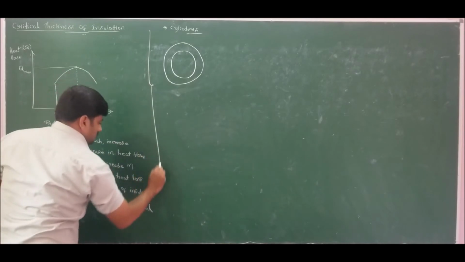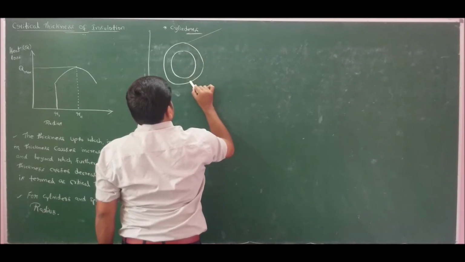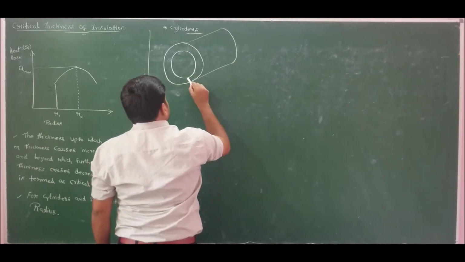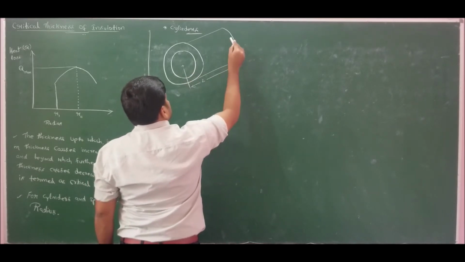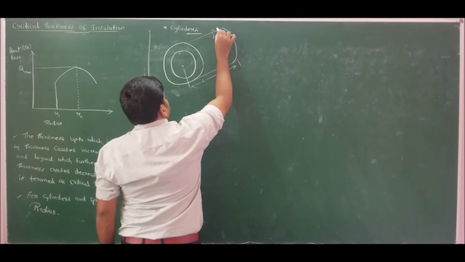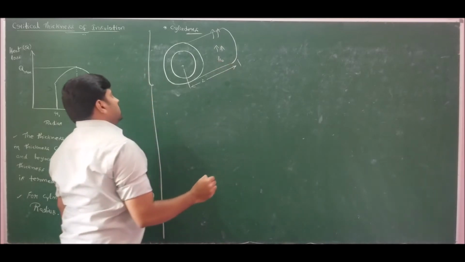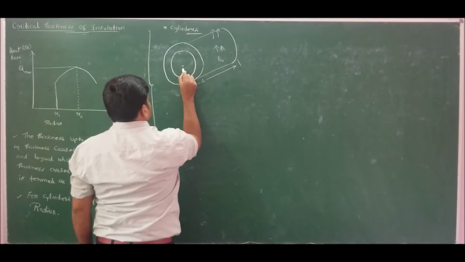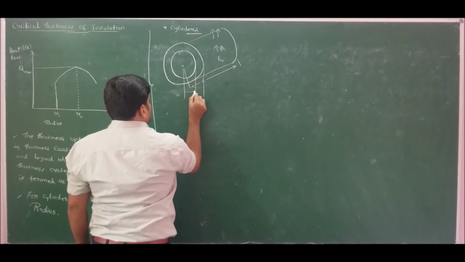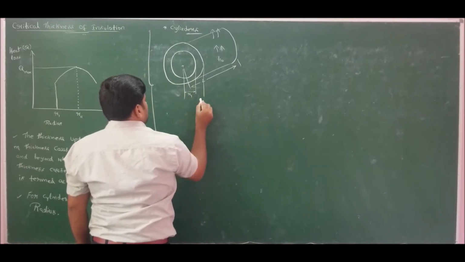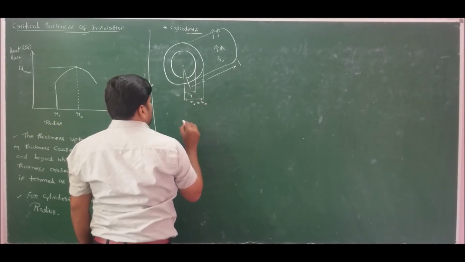Now, let us consider a cylinder like this, having a length L, subjected to surface convection to the ambient, where the heat transfer coefficient is h0. If I plot the radius, we observe that the radius is R1, and I want to find the value of R2 such that R2 is equal to Rc.